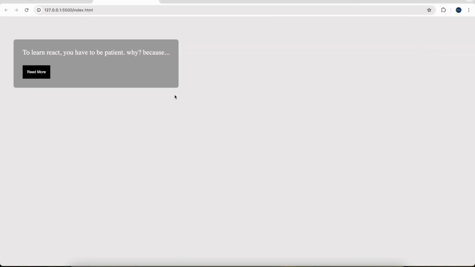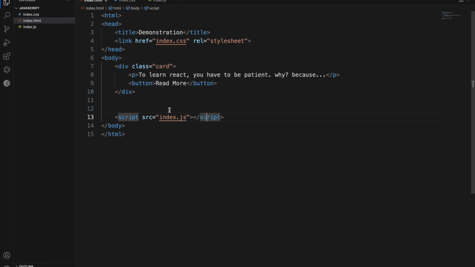Now let's go back to our browser and refresh. Then you see hello world. Congratulations. Now, having linked all these technologies together, let's use JavaScript. When we click on read more, we want to pop up an overlay and modal to show the whole statement of the reason why we need to be patient in learning React. So, since we have linked this, let's go back to the